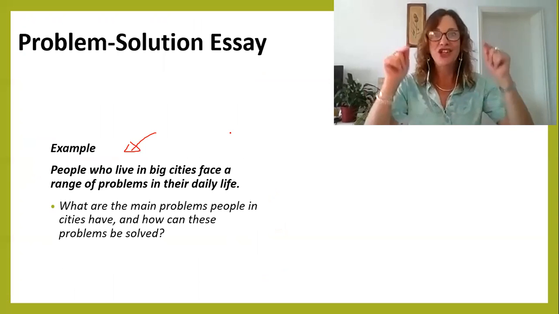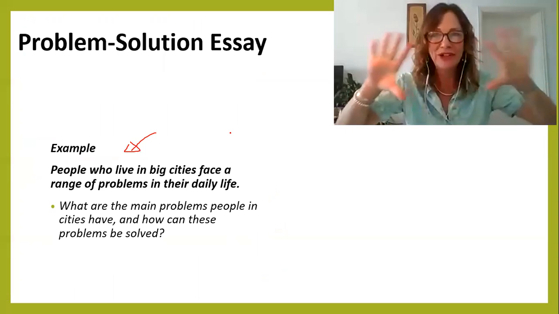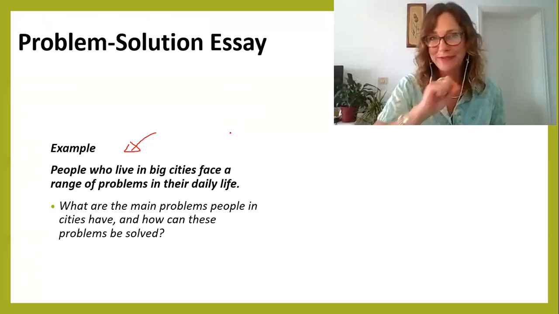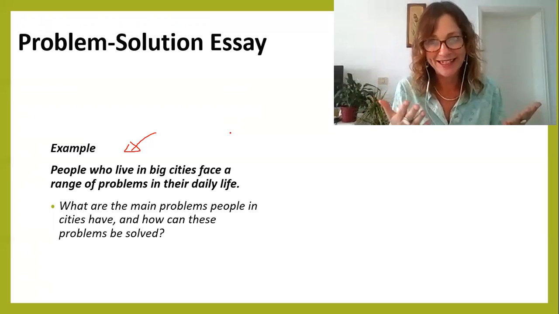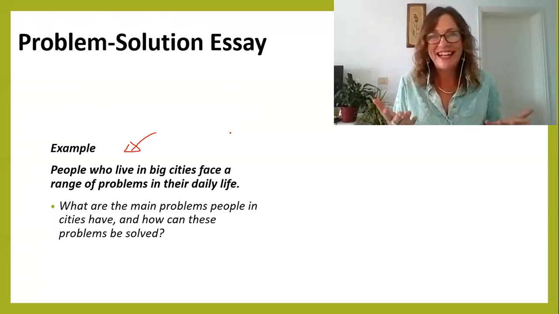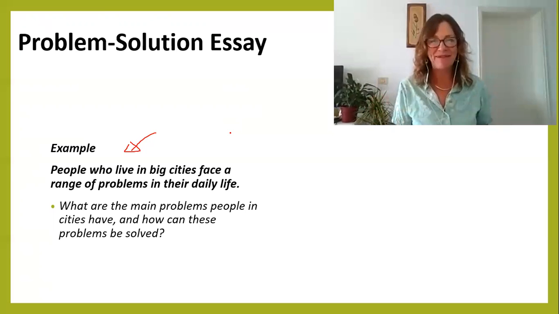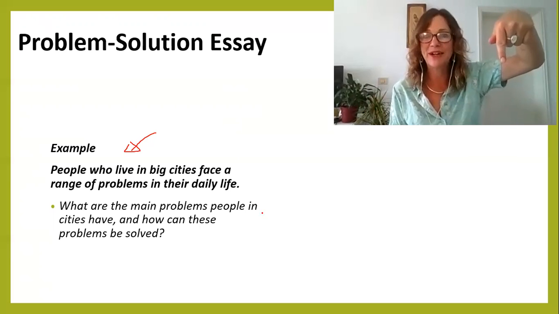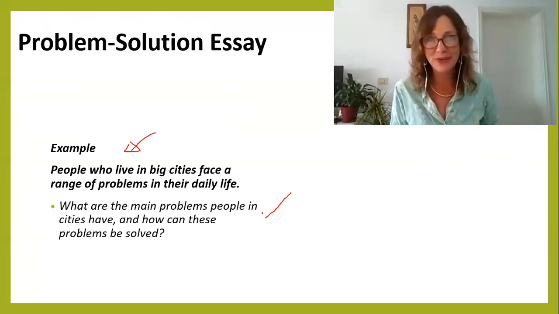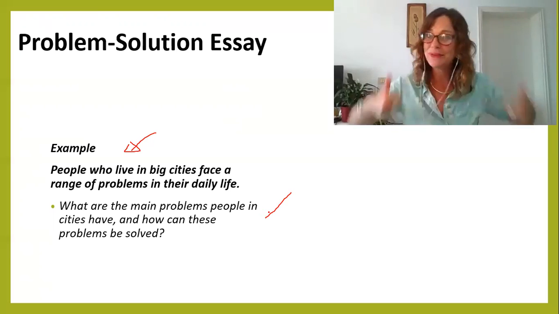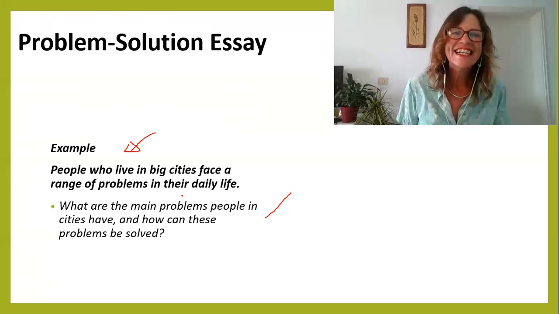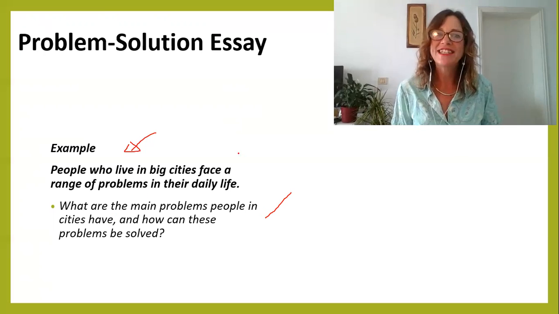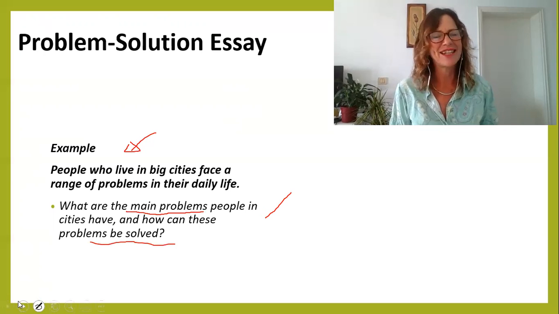Yes, guys, you have to solve huge problems in 250 words and 40 minutes. But that's IELTS for you. Very useful exam, but goodness, these are things that governments have been struggling with for a long time, but you can do it in 40 minutes and 250 words, I'm sure. So right now we have to think about those problems, and you have to give some solutions too. That's a hard essay.